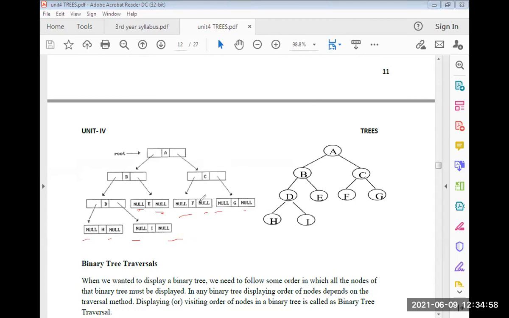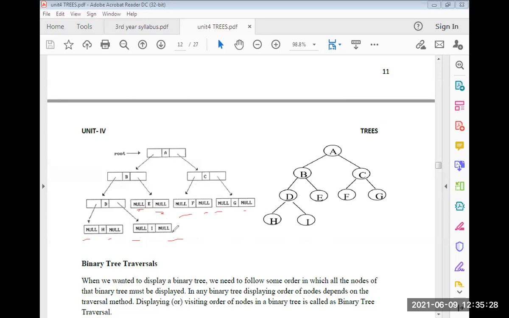Because it has no left and right connection, we are using this memory with null. So in a binary tree, more than 50% of link fields have null. This is the link field, it contains null, and more memory space is wasted for storing null. If you want to traverse the binary tree, it is time consuming.